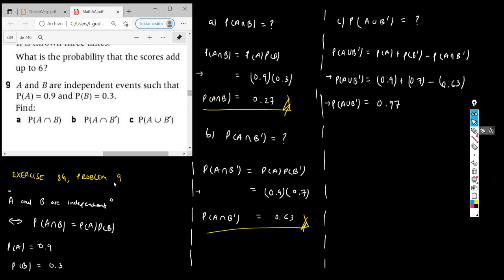Exercise 8G, problem 9, which is this one. In this problem, they're telling you that A and B are independent events, and they're giving you the probabilities of each of those events. So that information is condensed right here. Remember, when we say that A and B are independent, we are basically saying this. This phrase and this equation, they say the same thing. That's why I'm writing this equivalent symbol. This is equivalent to this. And we also have these other two